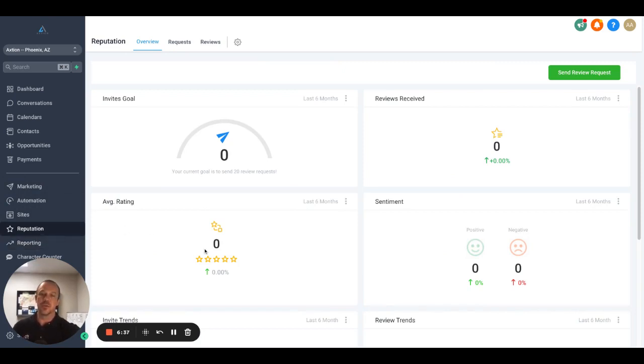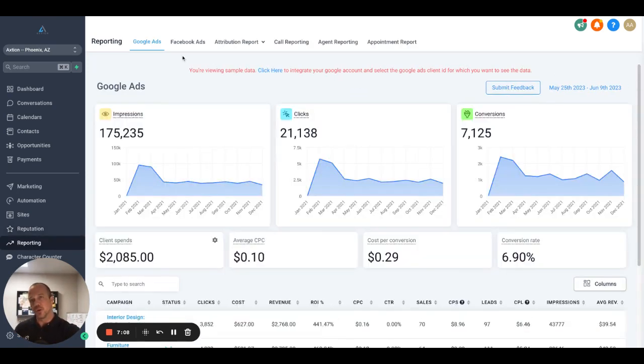Reputation management is also handled through here. So we link into all of your review sources, Facebook, Instagram, Google My Business, where you can seamlessly send out review requests to satisfied customers and be able to take them through the process. You can also use the automations to filter those review requests to make sure that if there are any negative interactions, they can be placed into a system or a pipeline stage that'll allow your reps or yourself to reach out to them and satisfy that relationship so that your reviews are always just positive within your deal. There's also complete reporting on all your Google Ads, Facebook, and attribution reporting on calls, agents, and